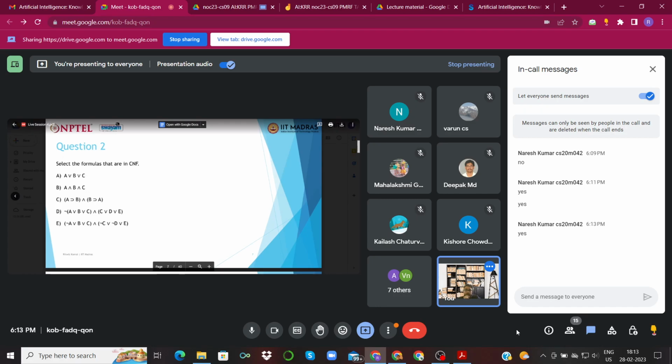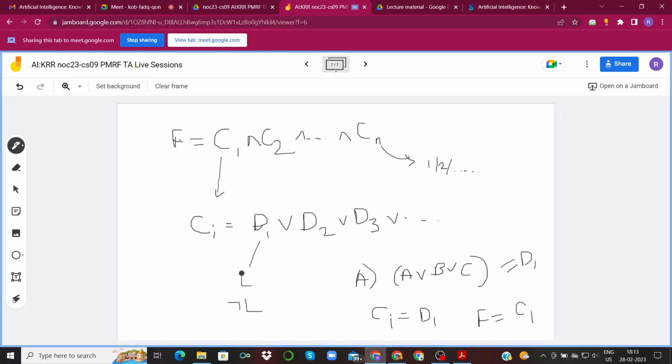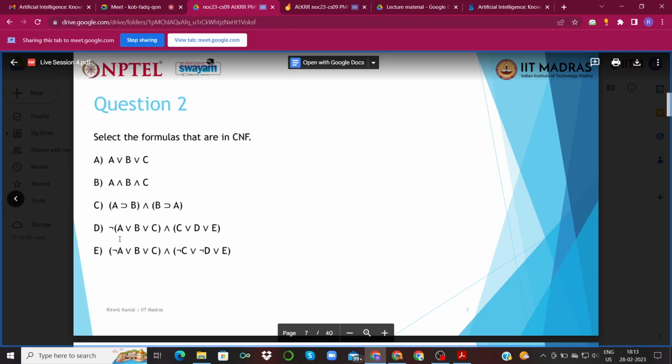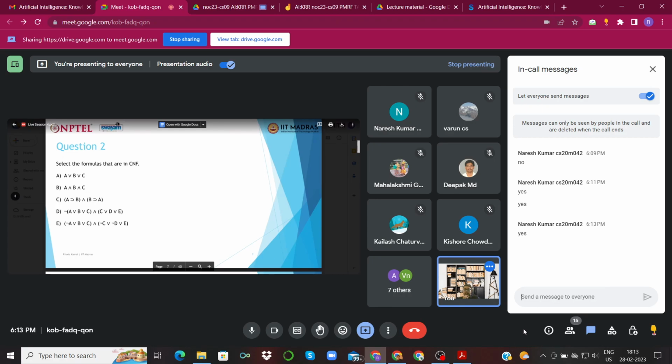What about D? Remember when we discussed the definition, we said that only a literal can be a literal or a negation of that literal, not the disjunction itself. So with that in mind, I'm giving you a hint. Will option D be in CNF? Yeah, it won't be, right? Because this whole or of A or B or C has a negation, which is not accepted. This is also not in CNF.